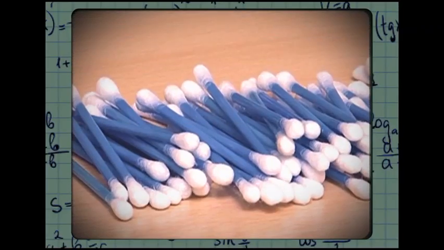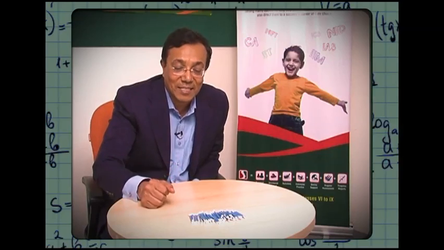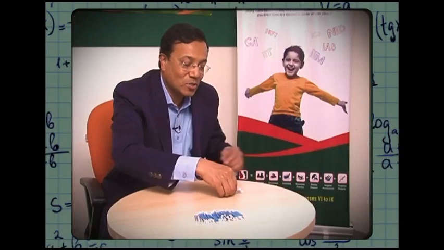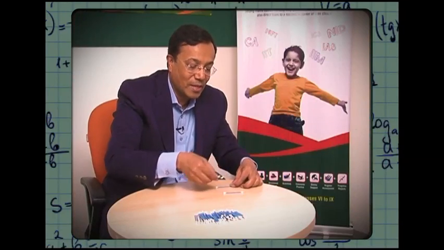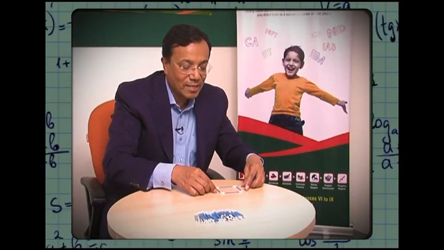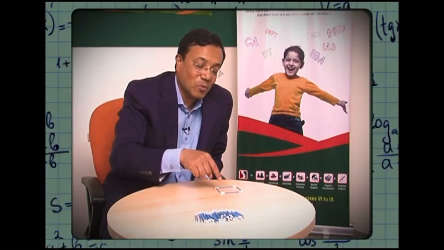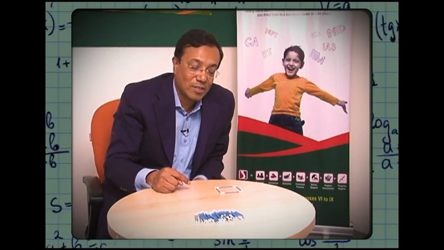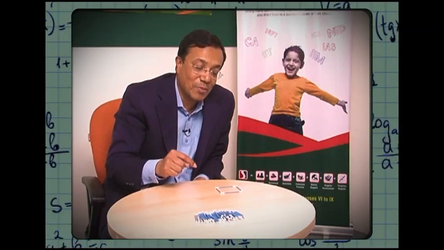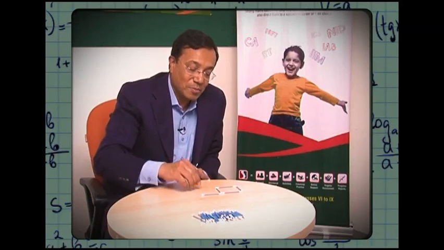Here I have a number of earbuds. Let's assume for a minute they're matchsticks. They're safer than matchsticks. And to start with, just put 4 of them as a square. So we can now say, and let's pretend that these matchsticks are walls. So what we have here is 4 earbuds which together make up one room. Once they've understood that, we make another room.